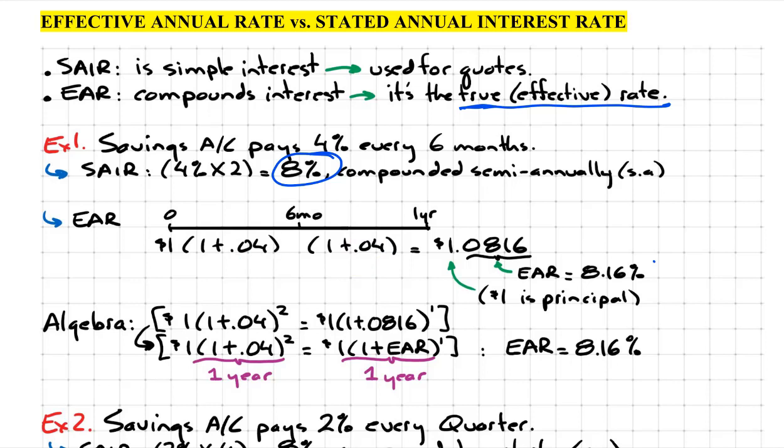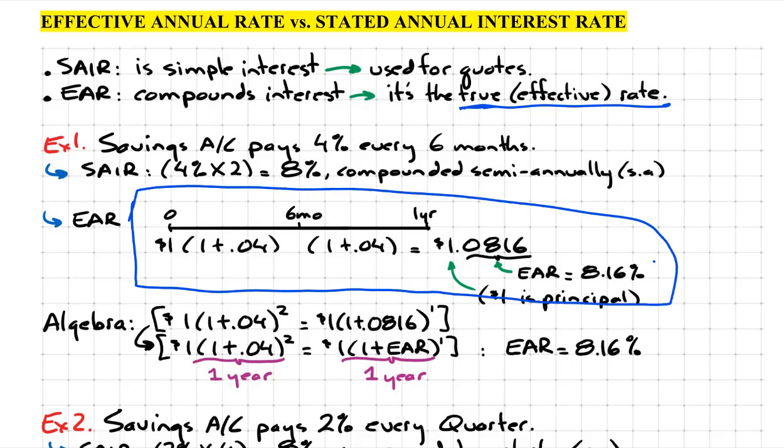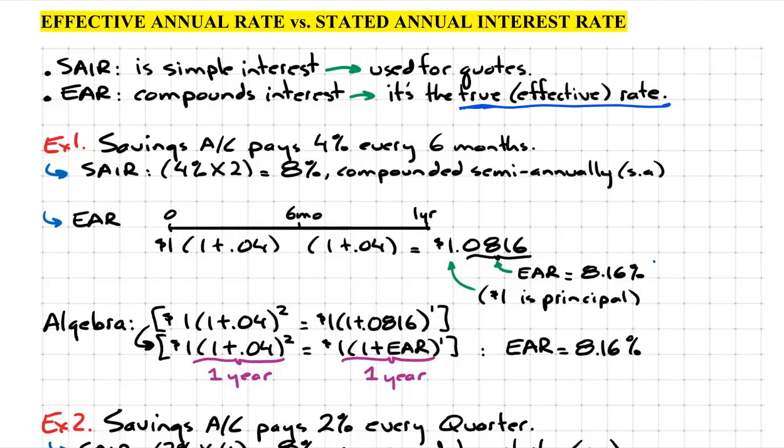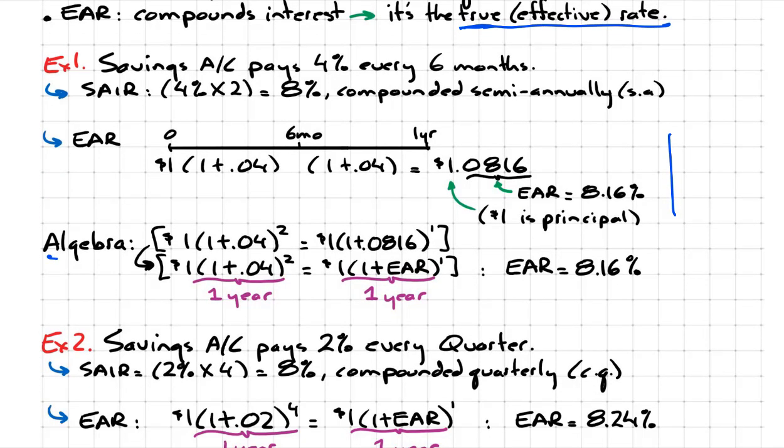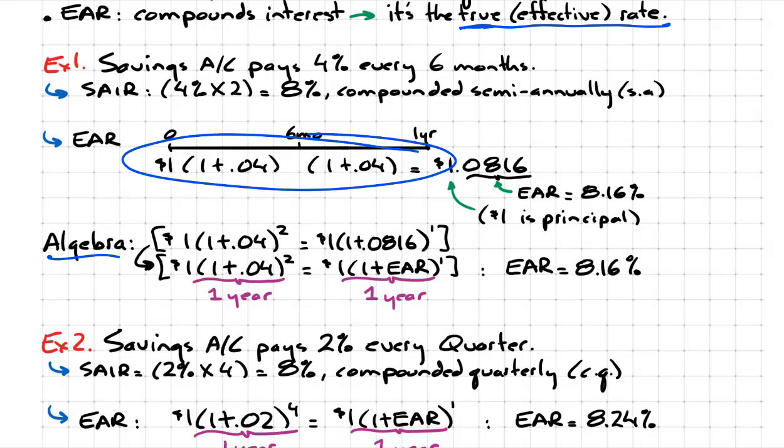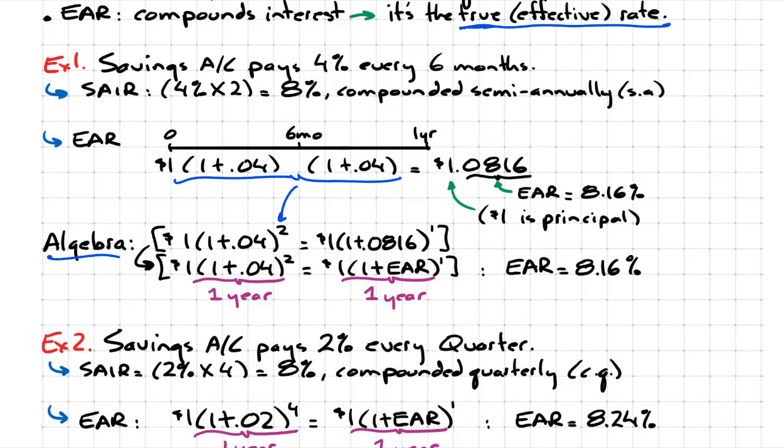Now, this is a really nice visual framework, right? And I used it here to demonstrate the dynamics of compounding. But on the exam, you're going to have to sort of get more to the point. So yes, it's important for you to know this in the background, but really this is the quicker way to arrive at that. And all the algebra is going to do is it's just going to condense this. So for example, instead of saying $1 compounded 4% in the first 6 months, 4% in the second 6 months, you could see that what I've done here is I've said, that 1.04 appears twice. So just the power of 2